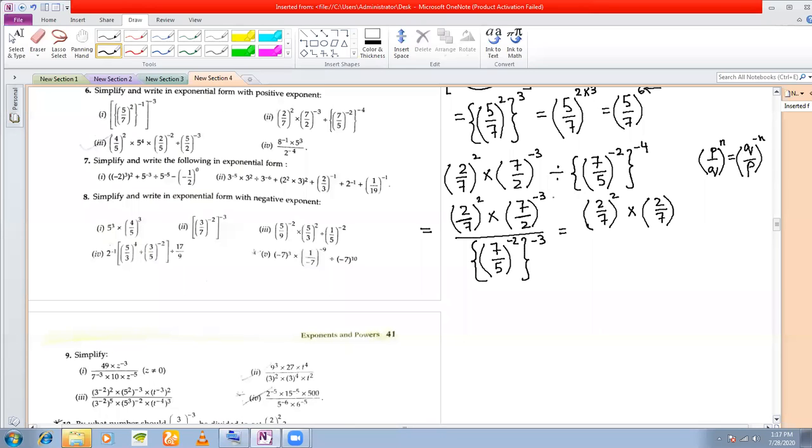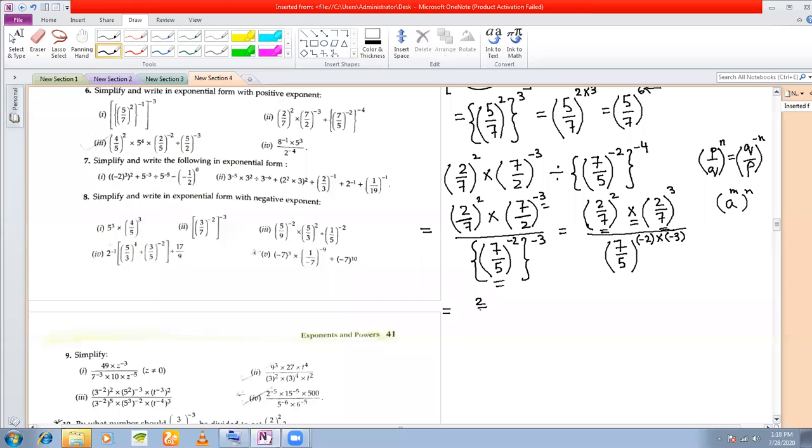will change. So I have a minus 3 here, so this will change to plus 3 divided by, now see here, this is of the form e to the power of m whole to the power of n, so therefore we can multiply the powers here, 7 by 5 to the power of minus 2 into minus 3. Okay, so now you see you have a product, the bases are same, that means the powers can be added.